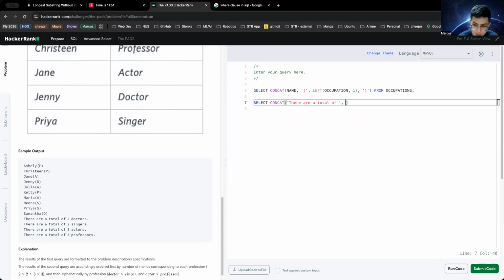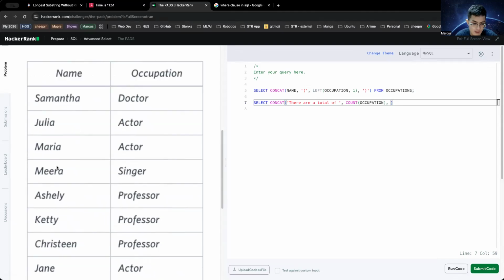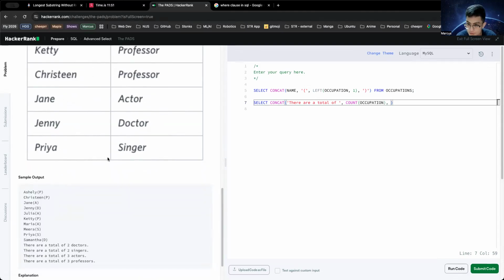There are a total of count occupation. Then we do, I don't even know if this